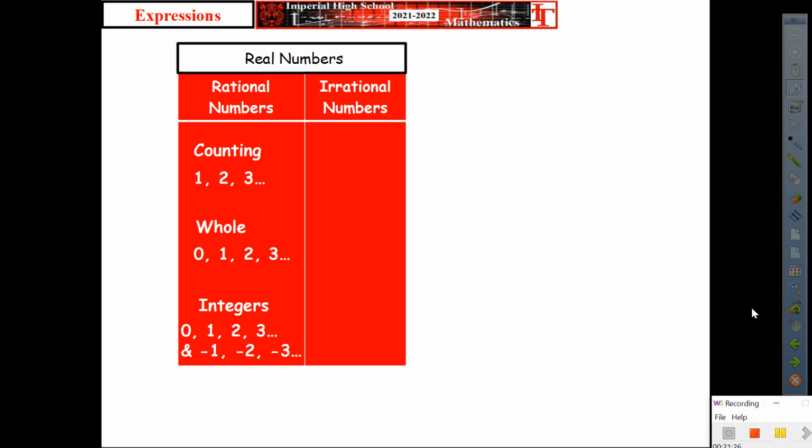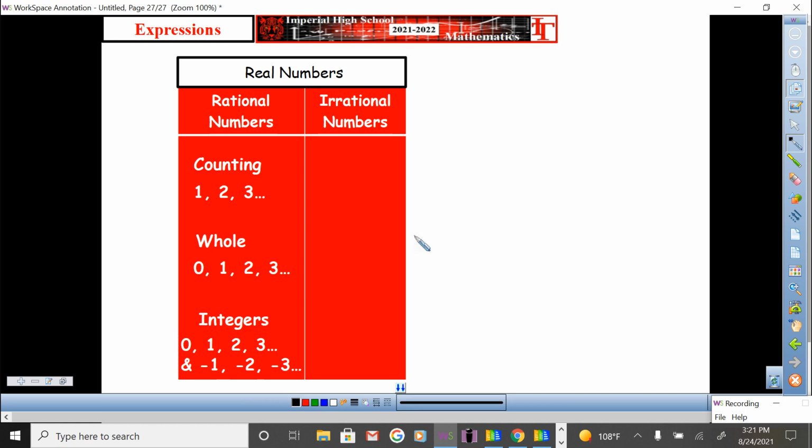All right, as you're finishing up writing those down, let me give you another real number. Let me get my handy-dandy tool, and I'm going to write another real number on this side. Once again, it's part of real numbers, and it's also a rational. Let me show you that number. Square root of 4. You're like, that looks kind of weird, Mr. Q. But if you say so, well, let me elaborate.